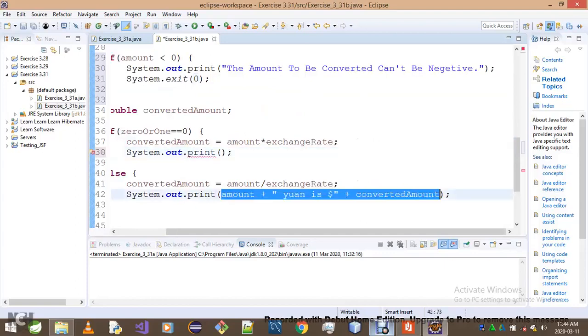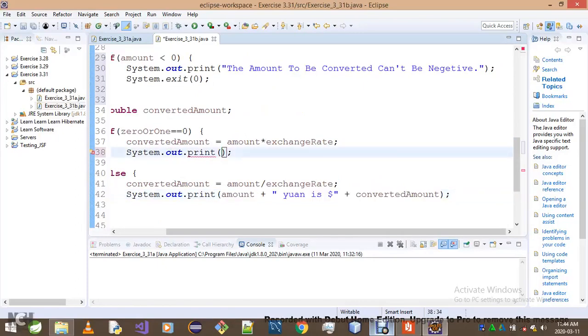So what I want to do here, I simply want to go System.out.printf, right? When I use printf, and then I'll simply go, I'll put a dollar here, and then